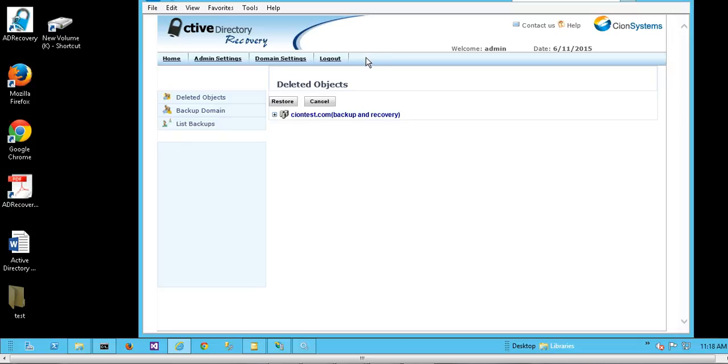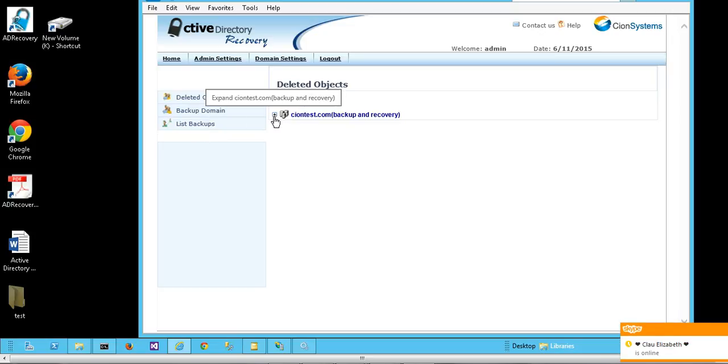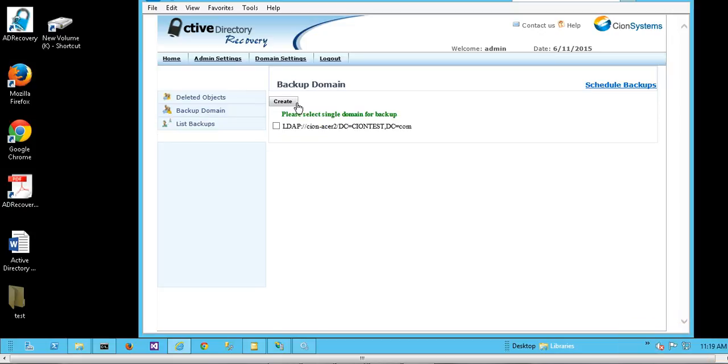If you go to the home, you have three options: deleted objects, backup domain, and list backups. This is your tombstone. If you click on it here, it will bring up all the deleted items from the domain. You can take on-demand backups. Okay. Like for instance,